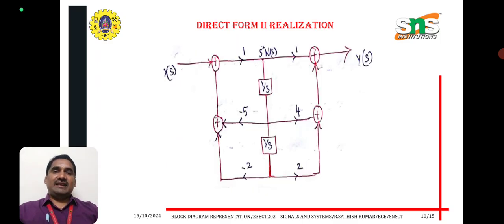Now we can see the realization. X(s) is added with 1, and we can produce the output as s² W(s). Therefore, again added with 1 by s. Therefore, minus 5 by s into W(s) plus